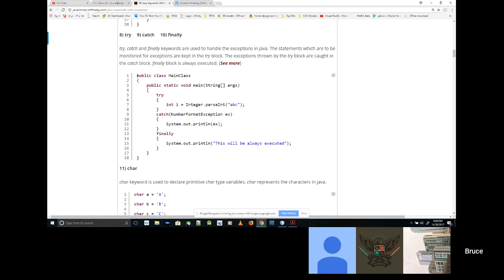If you go into the definition of integer parseInt, you will see that what it will throw is a number format exception. It is a type of exception that is defined by the person that implements it, and anybody that wants to catch that special kind of exception will have to do it. And if not, it'll eventually get caught by somebody.